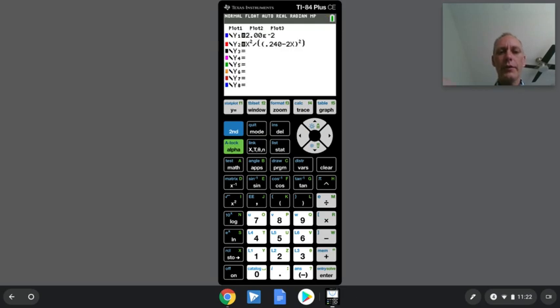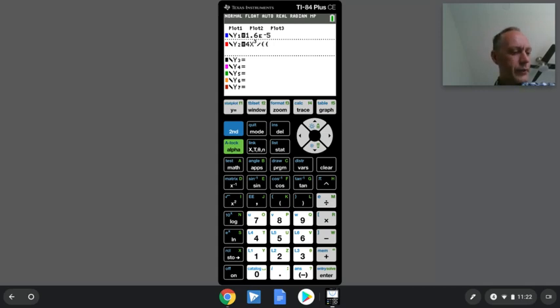Y1 equals 1.6 times 10 to the -5, so I just have to look it up here. Okay, and Y2 is 4x cubed. 4x cubed, I need the math button, number 3. 4x cubed divided by